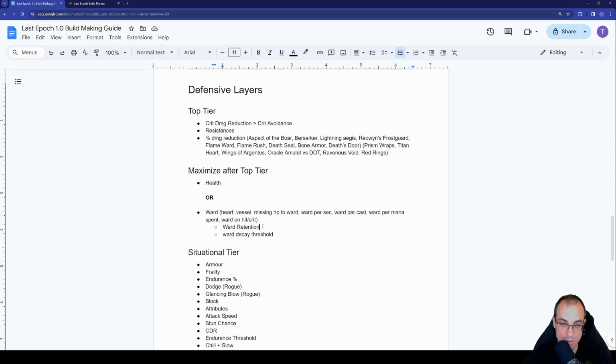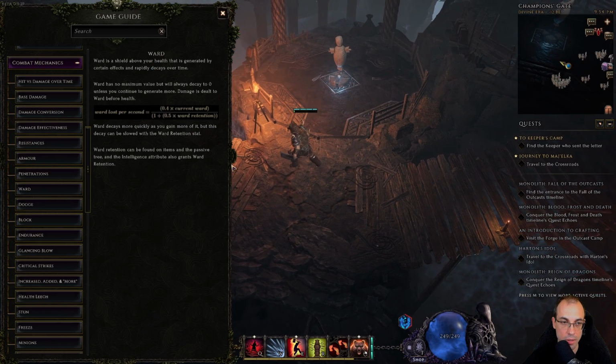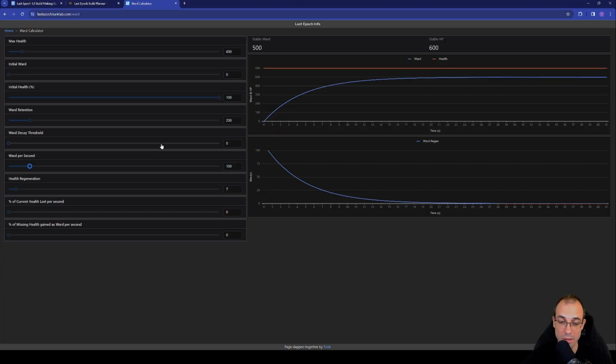Ward retention represents the speed with which your ward decays. And if you go into the Last Epoch guide, you can see a little bit of comments on ward and exactly what the formula is for ward lost per second: 0.4 times current ward divided by 1 plus 0.5 times ward retention. The ward formula in Last Epoch's guide is not the most useful on its own. However, if you go to Tank Lab, you can utilize their calculator for ward,